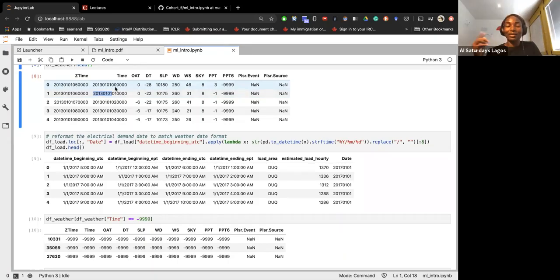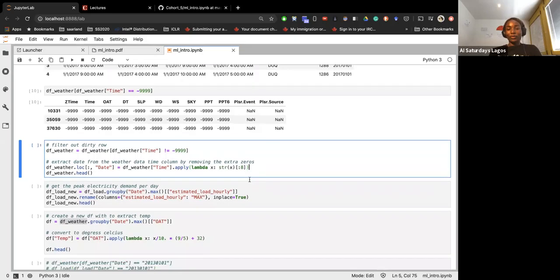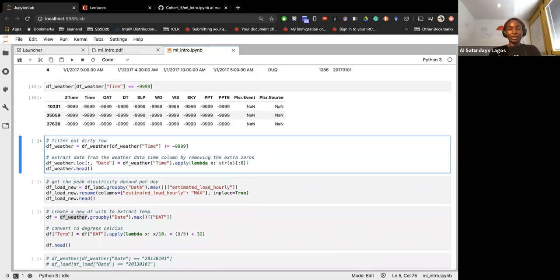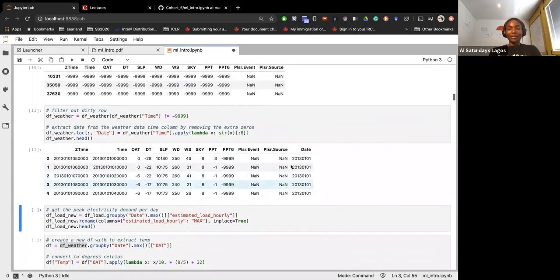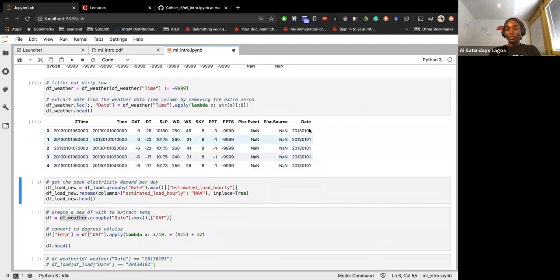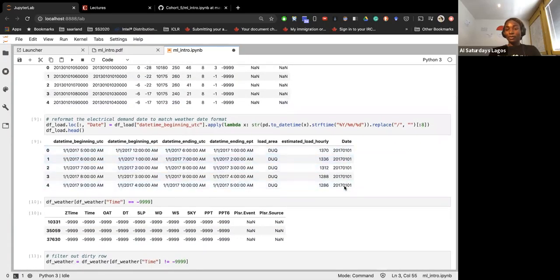I made a wrong statement earlier when I said the last 4 digits. It's actually the last 7 digits that are not useful. So anyway, we want to cut it off before we get to the 8th character, which is what we're doing here. So once we do that, you can see that the dates column for the weather data set is now identical to the dates column for the